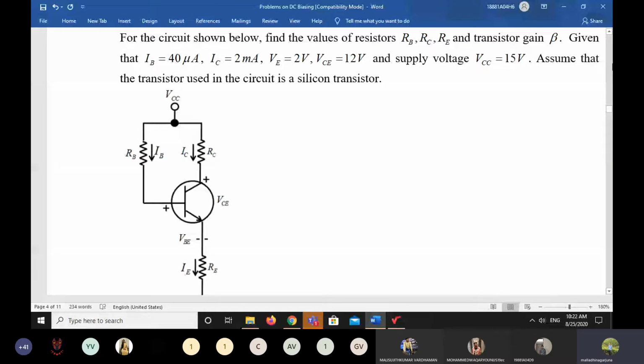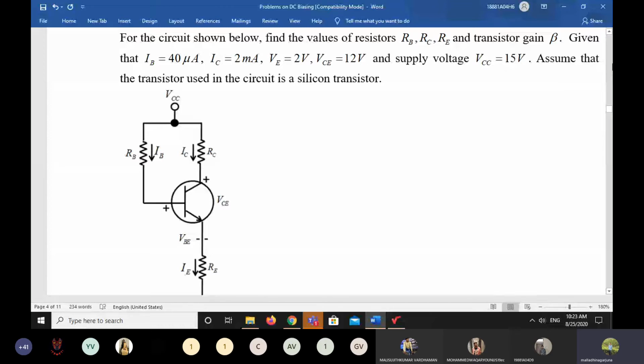So the only thing is, in the previous problem we had all the resistor values and calculated the operating point. This time we have the operating point, and we need to calculate the remaining resistor values. You have the solutions from the previous problem, so try this on your own. From those equations, you have to calculate only RB, RC, RE, using the previous equations we wrote for the same circuit diagram. It is the inverse: there we calculated the operating point, and here we calculate the resistor values.